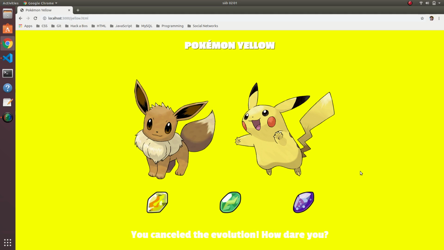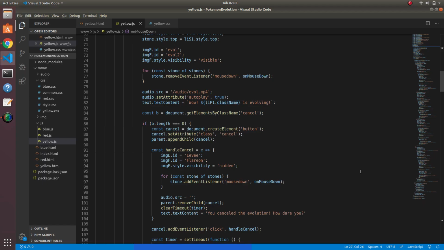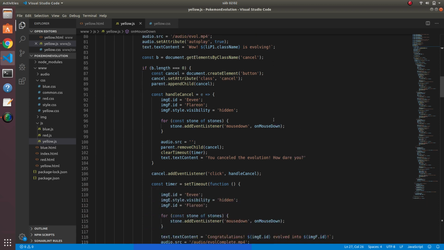Okay, not possible for me, because I don't want another evolution to start when I'm evolving if, because in the games you evolve one Pokemon and then another, not all the Pokemon at the same time, at least not in the first games. Anyway, let's continue. Okay, you can move any other stones, the audio changes to the evolve file, the text content changes, and we create, no, okay,